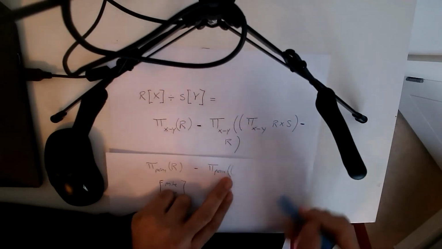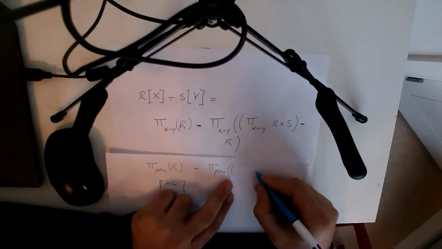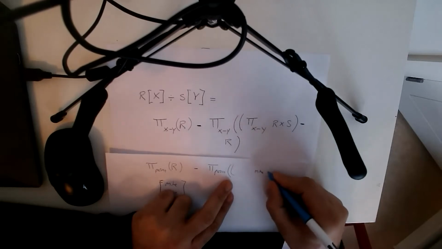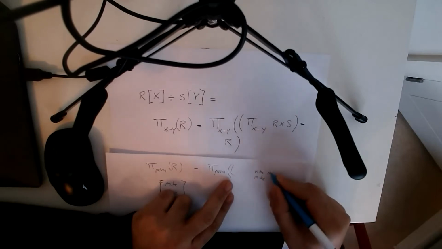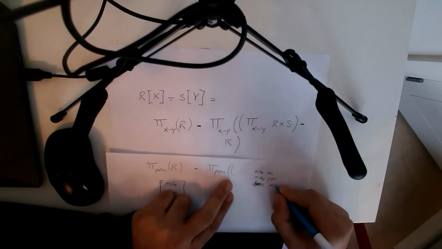And what that winds up giving us is the following. In this Cartesian product, we're going to have Mike, Rex, Mike, Pipes, Dave, Rex,